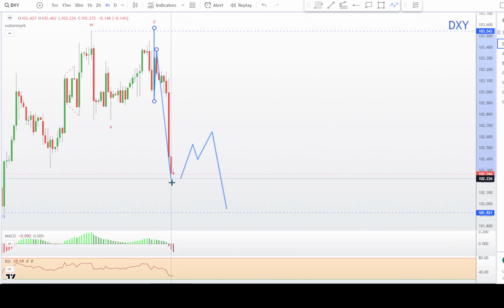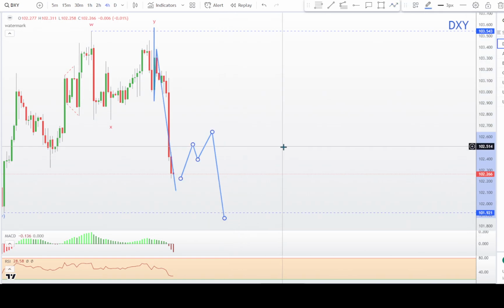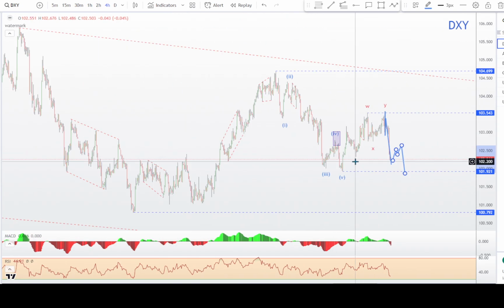If the low is not in for the third wave, it'll just fall a little bit more, but it's looking very impulsive, and I would expect a three-wave up for the fourth wave, and then down for the fifth wave, and then we'll have to see where that fifth wave ends, because I still think when we zoom out